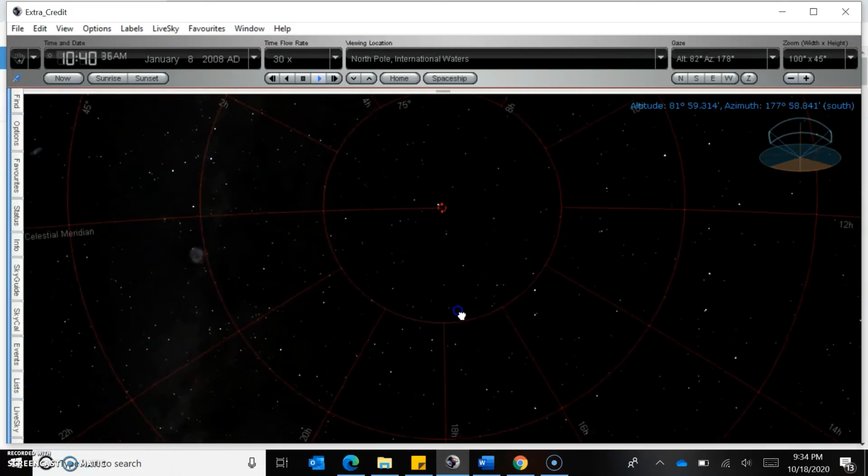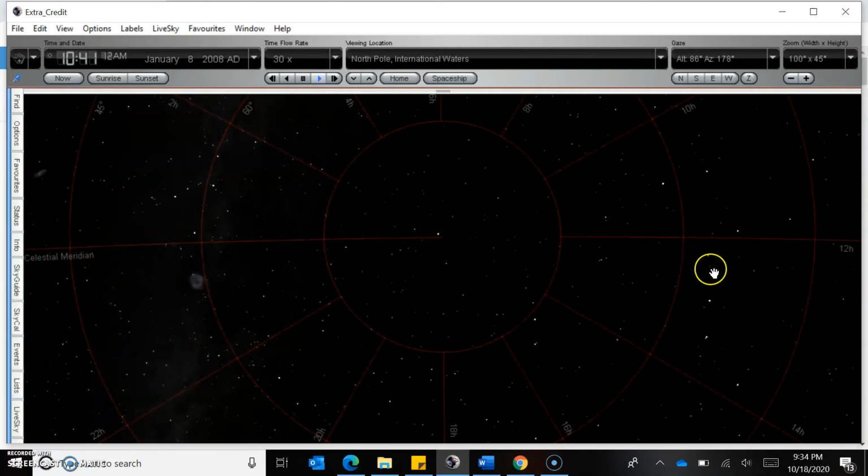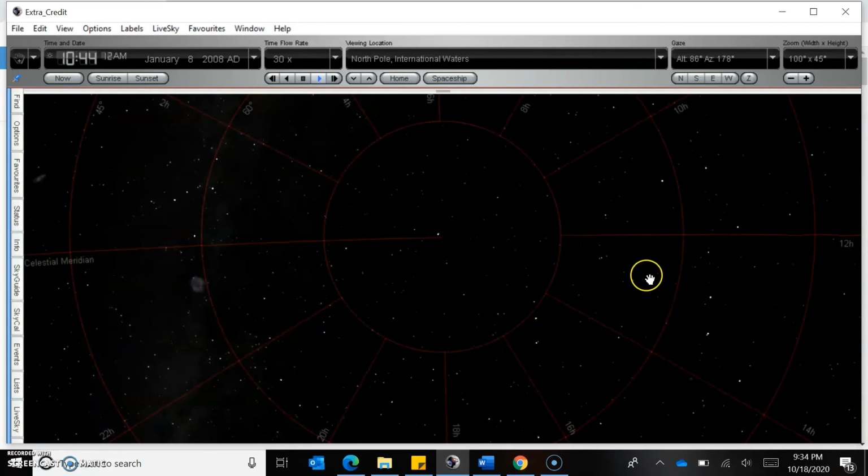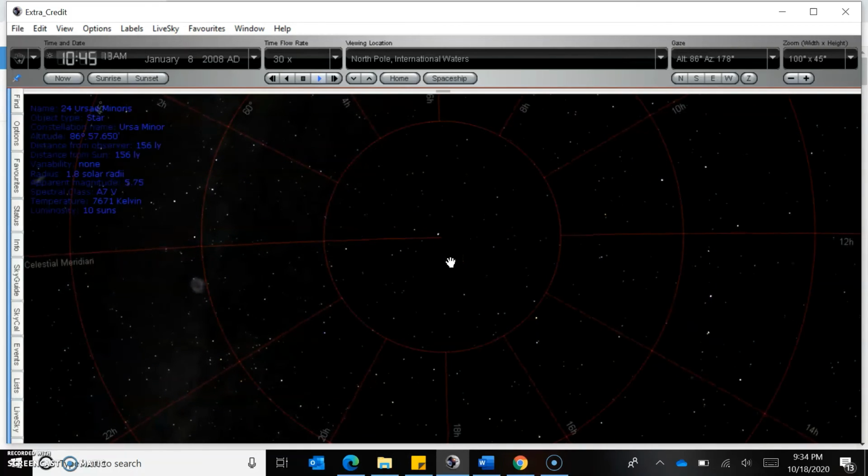I'm going to make it so that we can see right here. So there's the Big Dipper. There's the Little Dipper right there. If the Big Dipper is to the right here, the next constellation we should be able to see is called